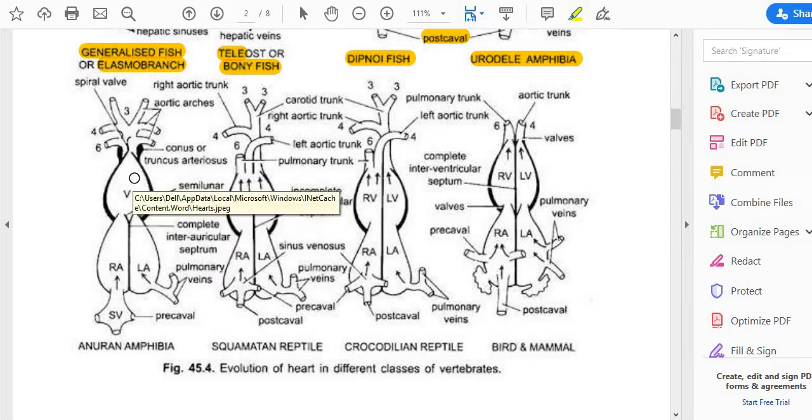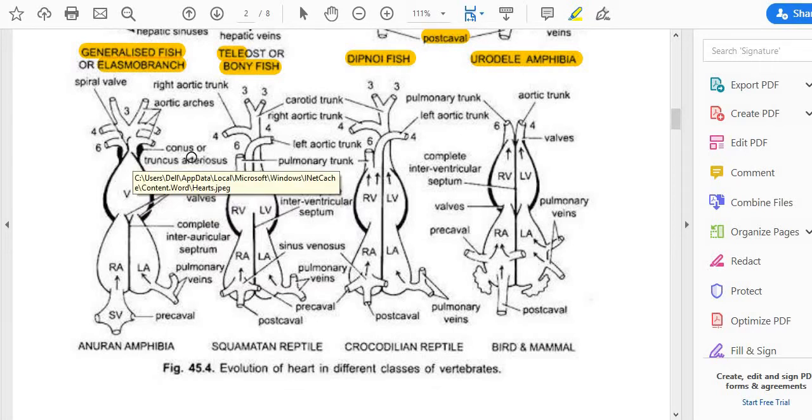From the ventricle, the blood moves inside the truncus arteriosus, which is the modification of the conus arteriosus. Here in amphibians, especially in the frog, which belongs to the order Anura, we find 3 pairs of aortic arches, whereas in urodelans we saw 4 pairs of aortic arches. I will be explaining this in depth in the next video. For now let us just know that there were 3 aortic arches seen in the frog, that is anuran.